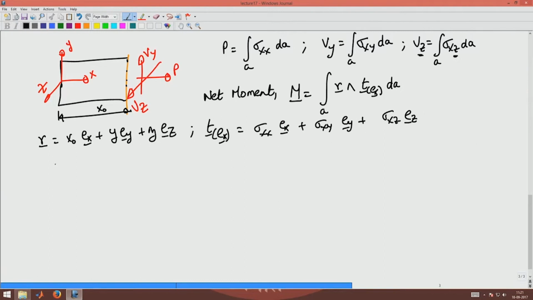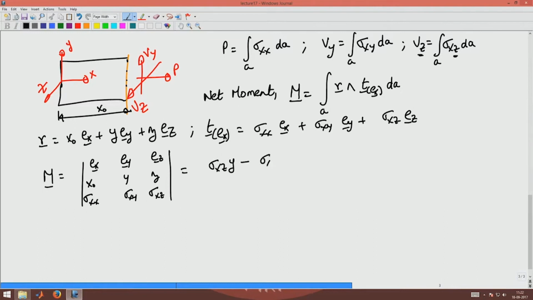So now R cross F, the moment, would be, you have to do the determinant of this: Ex, Ey, Ez, x naught, y and z, sigma xx, sigma xy, sigma xz. It is a shortcut, but that is okay. So this will be sigma xz into y minus sigma xy into z into Ex, this integrated over dA,